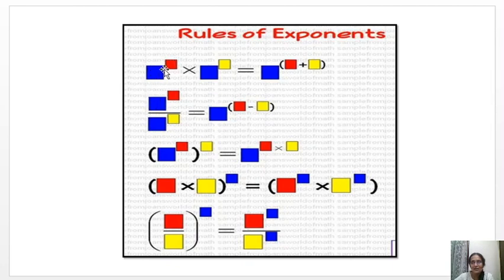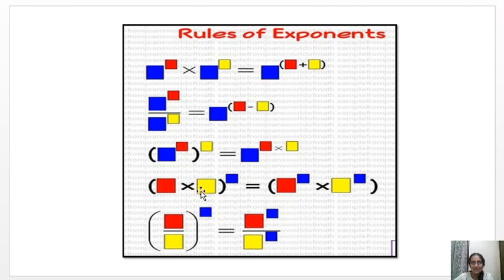It's very useful. See, a power m into a power n. The exponents are different; the powers are different. It is reflected by different colors. The bases are the same; blue represents the same base. a power m plus n. a power m divided by a power n: the bases are the same, then you have to subtract the powers. Now it is the power of a power: base a to the power m, whole power n. So what is the answer? a power m into n. You have to multiply the powers.